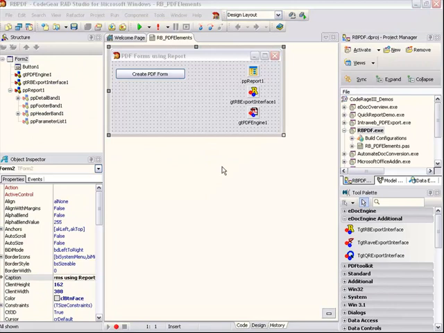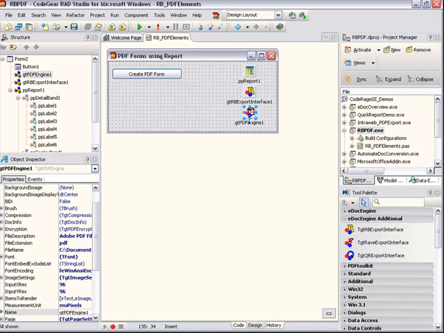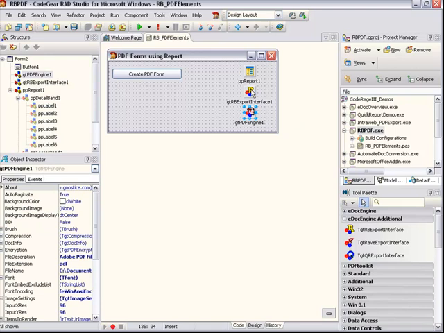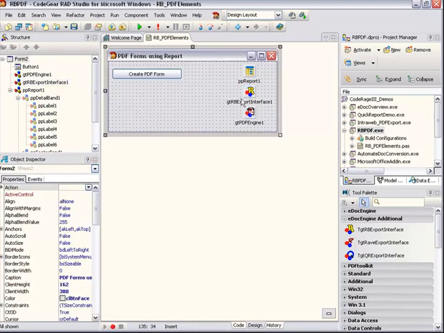The next demo I think is going to be very interesting for many people, and I think so because we've been asked this question by many customers earlier, and the question is how to create an interactive PDF form through a report. We're going to use Report Builder for this demo. As usual, we set up eDoc engine for Report Builder by placing the PDF engine and then the RB export interface, hooking up the export interface with the engine,